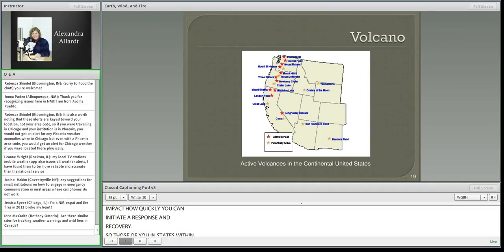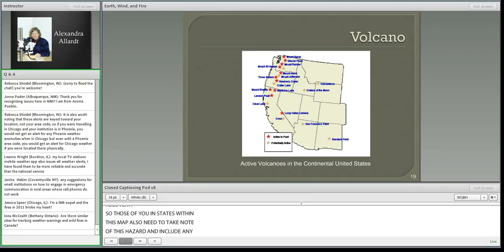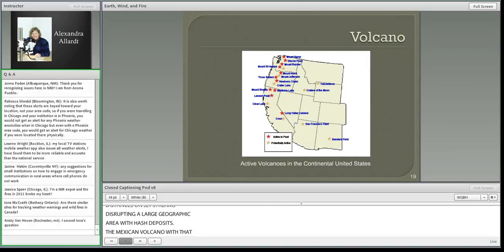Even those volcanoes far from the continental United States pose a threat, as like wildfires, those airborne particulates can travel great distances on jet streams, disrupting a large geographic area with, again, ash deposits. The Mexican volcano, with that unpronounceable name that we nickname Popo, is an example of such a hazard downwind of the southwest border. So those of you north of that, those are our southwest states, that actually is a hazard that you should note. However, those of you in the Midwest and the eastern part of the U.S. that are less at risk of eruptions, please don't sigh a breath of relief yet,